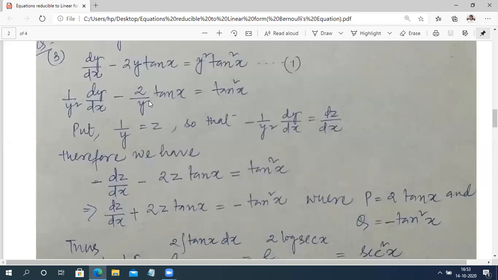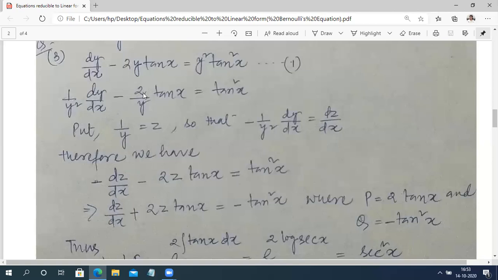The coefficient of p is 1 upon y, so substitute 1 upon y is equal to z, so minus of 1 upon y square dy by dx is equal to dz by dx. So 1 upon y square dy by dx will be minus of dz by dx. So write minus of dz by dx